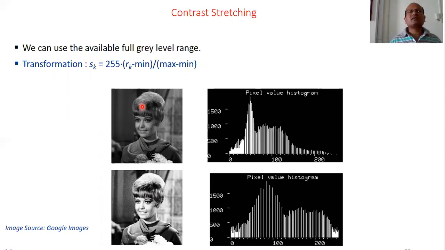Histogram equalization, contrast stretching, contrast enhancement, power law transformation, all these are intensity level image enhancement. Why are they intensity level image enhancement? Because in all these methods, we are manipulating intensity values, the pixel values present in the image, directly, and therefore they are all under intensity level transformation method, intensity level enhancement method.